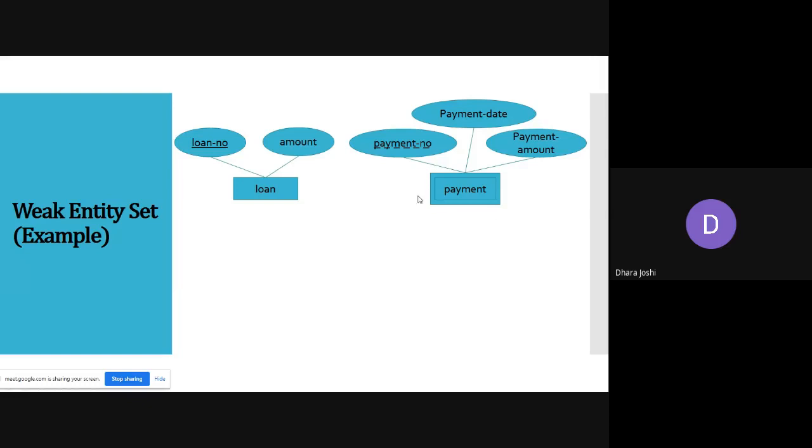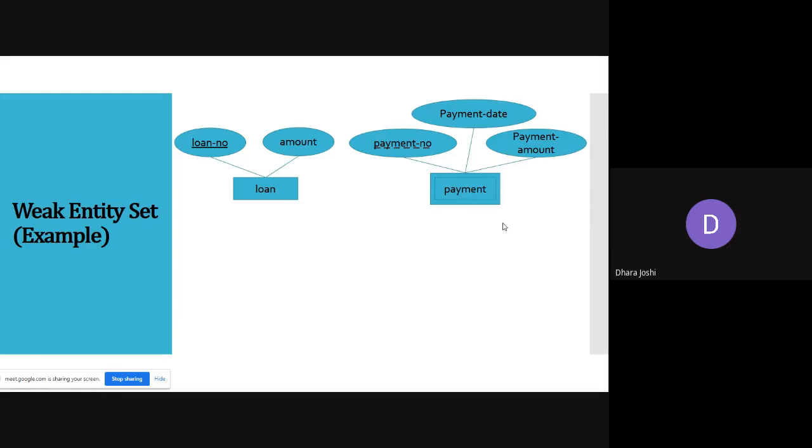But if I am just mentioning these installments, installment number 1, installment number 2, installment number 3, and so on, only installment number cannot be a primary key. Only through those installment numbers you are not able to get all the information. So this entity is called weak entity set. Installment or payment do not exist individually. They are dependent on loan. Only installments cannot have their individual existence.